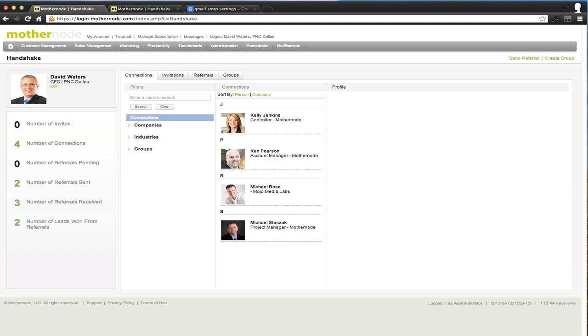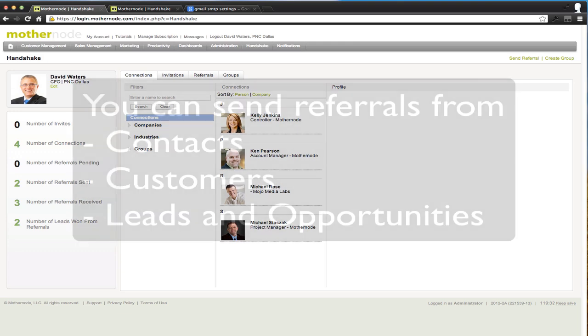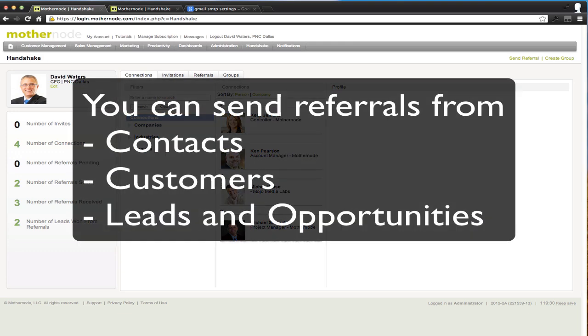Sending referrals in Mothernode to other Handshake users is extremely simple and efficient. There are plenty of different ways you can do it. They all have their advantages. It all depends on where you are in the process. Just note this: you can send any contact or lead or opportunity or customer as a referral to another Handshake user,